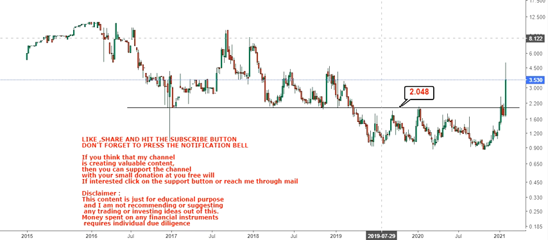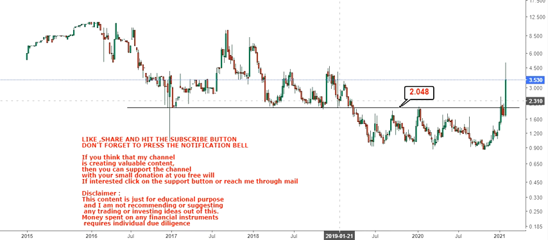So in this case, what we are going to discuss is the important support and resistance levels that you need to know about. And this chart is for the long term, so the trend should be for a couple of weeks to months. It should not be for 2 days or 1 month. It should be for a couple of weeks to a couple of months. Now in this case, the first thing you need to understand is that a sharp breakout has happened, and that's a 1 day move.